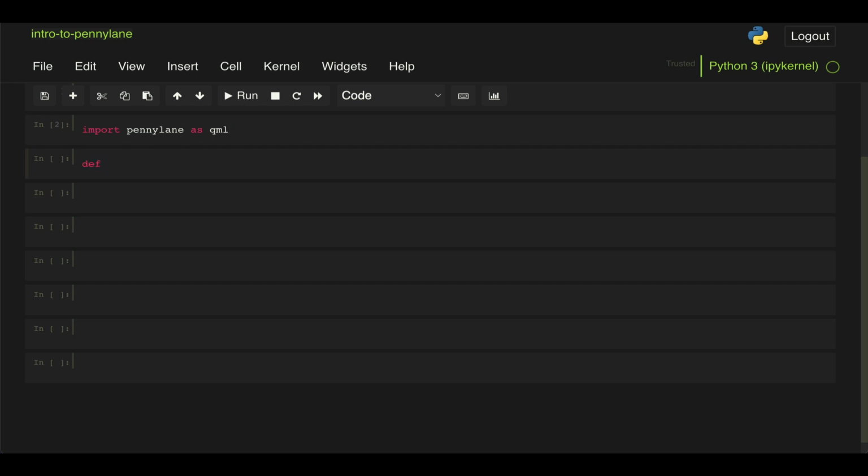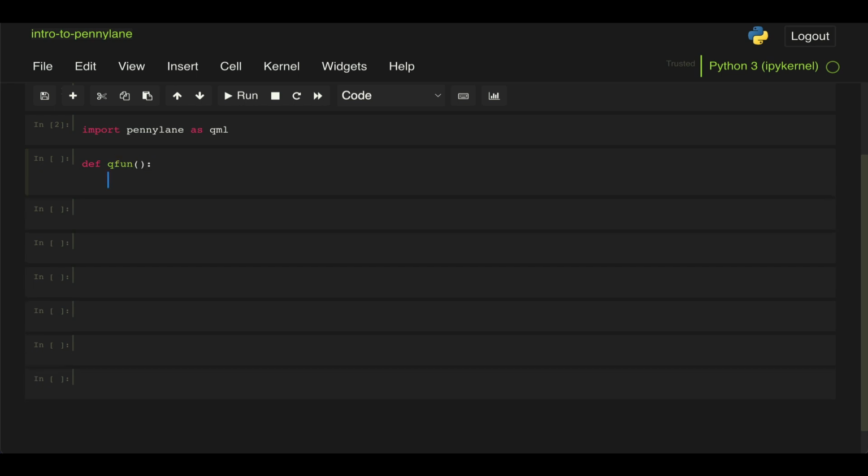Next, what we're going to do is define a Python function, just a regular function. We're going to call it qfun. And inside this function is where we're going to apply our gates. So the first gate in our circuit was an X gate. So we do